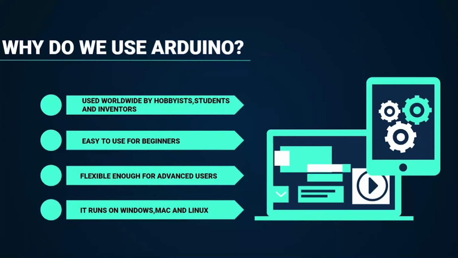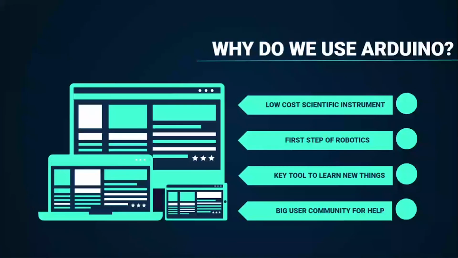Another point is that, as we have already said, it runs on all three major systems: Linux, Mac, and Windows. Then it is low cost. Okay, it is very low cost as compared to the others. And yes, of course, some of them consider it to be the first step of robotics. There are many key tools to learn new things. Yeah, and it has a big user community for help. So this was all about Arduino. And next we're going to move to a,